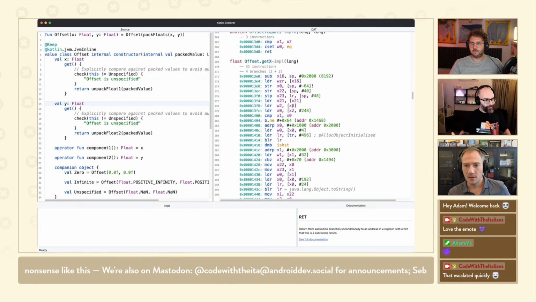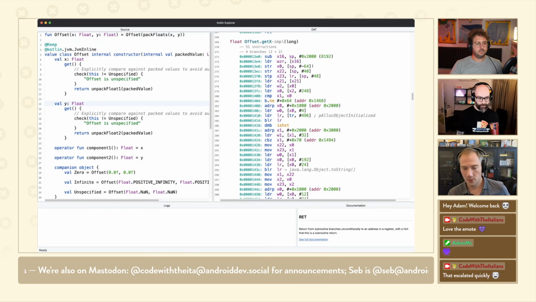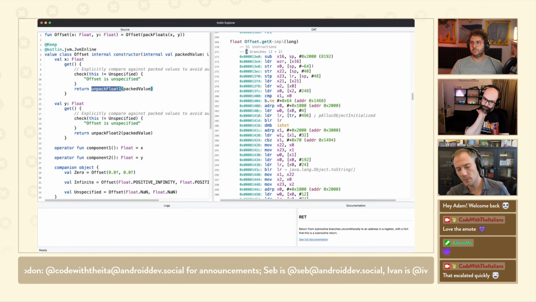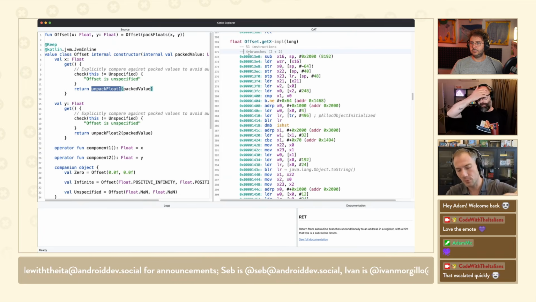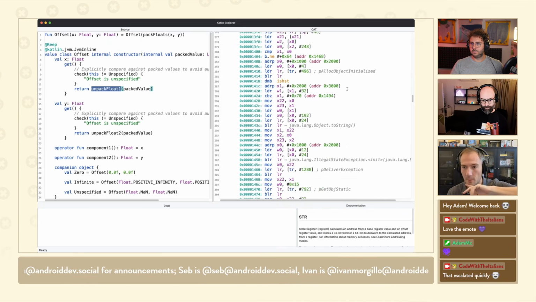So yeah, but now look at that. We still have arith disabled, right? All I did was move those functions to top-level functions. We went from 65 instructions down to 51, and from 9 branches to 4. And branches can be bad because if they're mispredicted, the CPU has to flush the pipeline and so on.